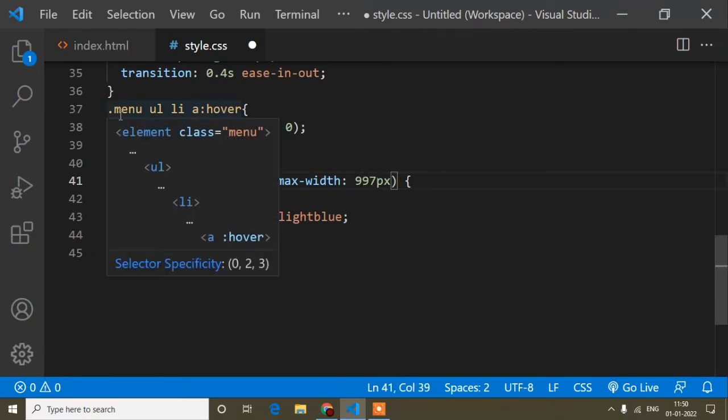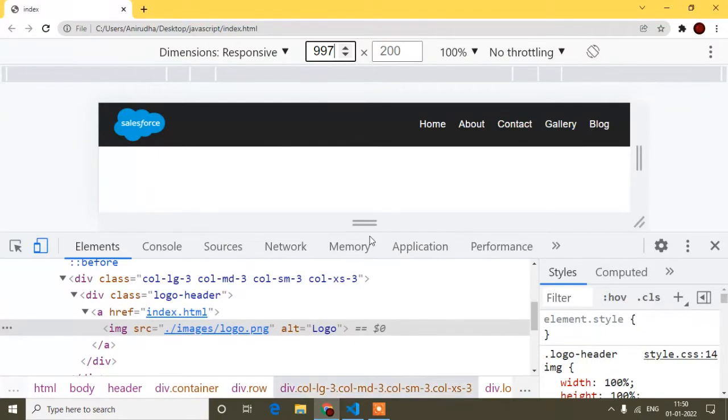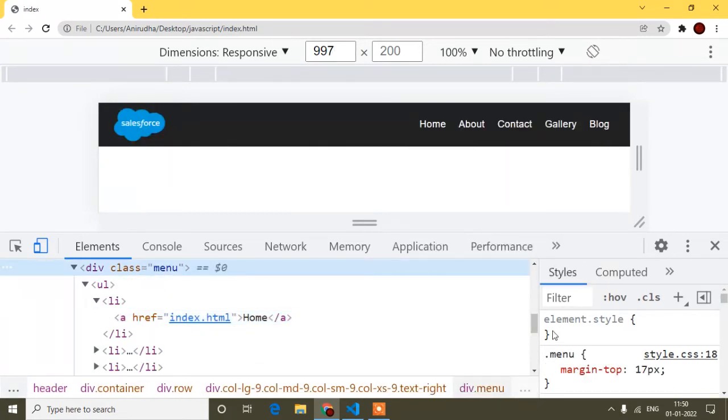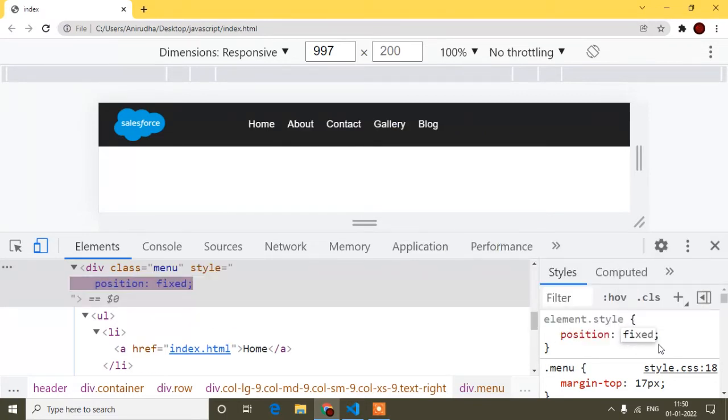Now, here you can see this menu. If I inspect, it's a menu tag. First thing, I have to make this menu floating. So I will write position fixed. When I write position fixed, the menu is floating.